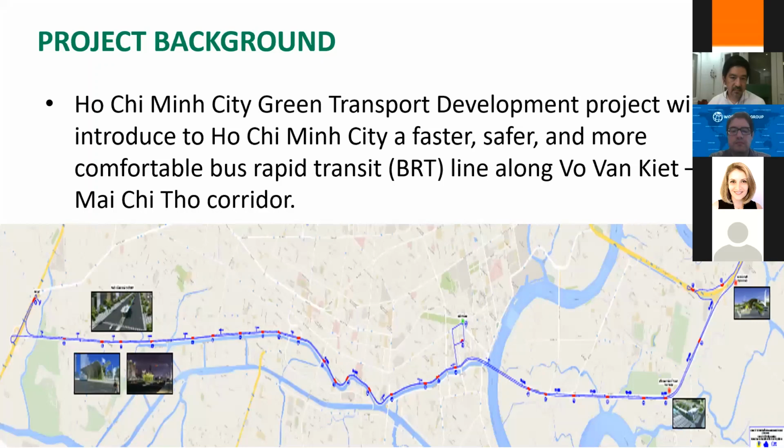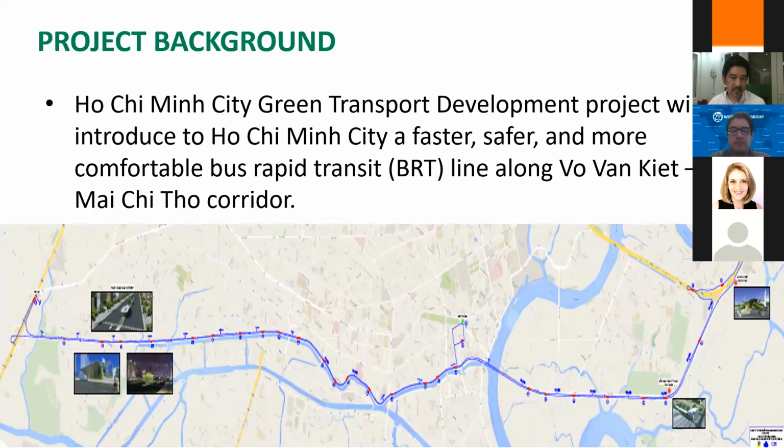This World Bank project also helps to complete the institutional framework and the model of management and operation of the public transport system of the city, provides training to strengthen the capacity of stakeholders, and conducts studies as a foundation for developing other BRT lines, contributing to the development of an intelligent, integrated public transport system for Ho Chi Minh City in the future. This BRT line is actually one line, and it's along Vo Van Kiet and